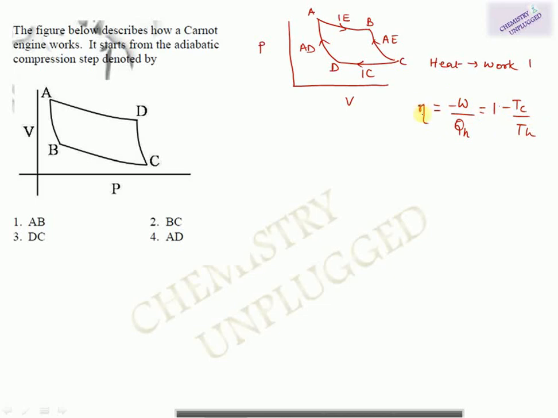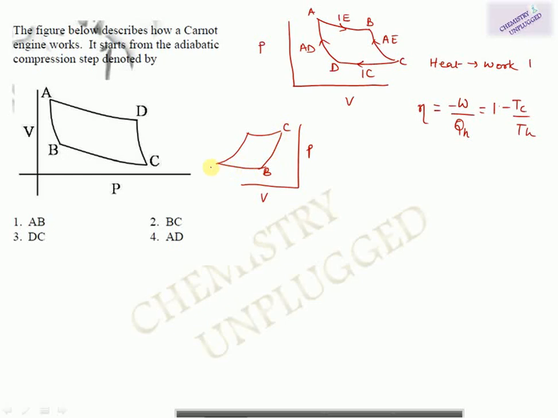Now we will come back to a question. So this graph is between volume and pressure. You can understand it directly by this, or another simple method is you can rotate this graph. Suppose I write it like this: pressure and volume. Now this curve becomes like this. And this will be my point C, this is B, this is A, and this is D.